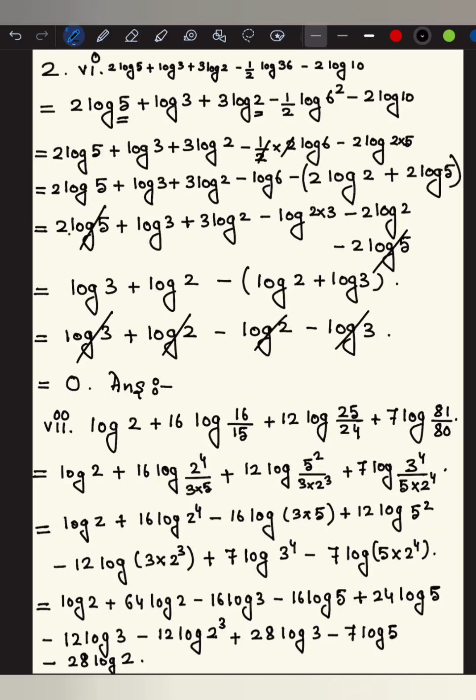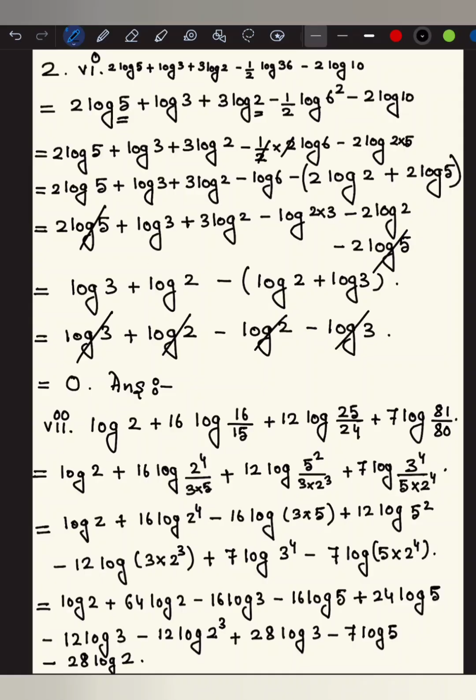Now 2 log 5 plus log 3 plus 3 log 2 minus this 6, I have written it as 2 into 3, minus log 2 into 3 minus 2 log 2 minus 2 log 5. So this minus 2 log 5 and this plus 2 log 5 get cancelled out. Another thing you need to note is that here 2 log 2 plus 2 log 5 was in a bracket and outside this bracket was minus, so everything was getting multiplied by minus, so it came out to be minus 2 log 2 and minus 2 log 5. Understood? So plus 2 log 5 minus 2 log 5 gets cancelled out,